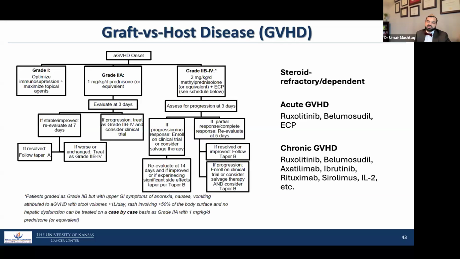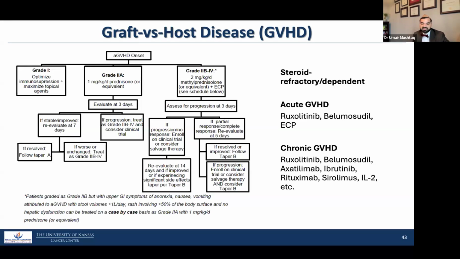Beyond second or third line, the outcomes are really poor, and you are going to have 4 or 5% patients like that. Chronic graft versus host disease, with the PTCy based prophylaxis, the rates are in the 20% range compared to 50% seen with older prophylaxis regimens. So that's good. But if you do develop it, and if you're steroid dependent or refractory, then again, Jakafi, Rezurock,